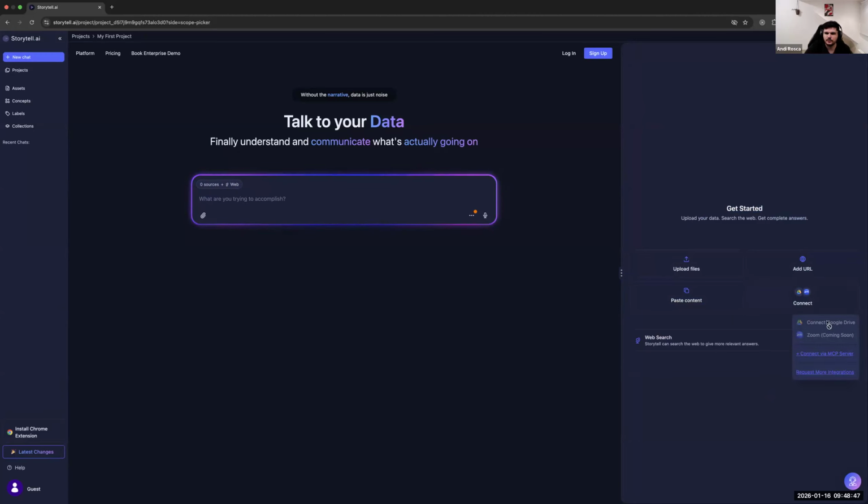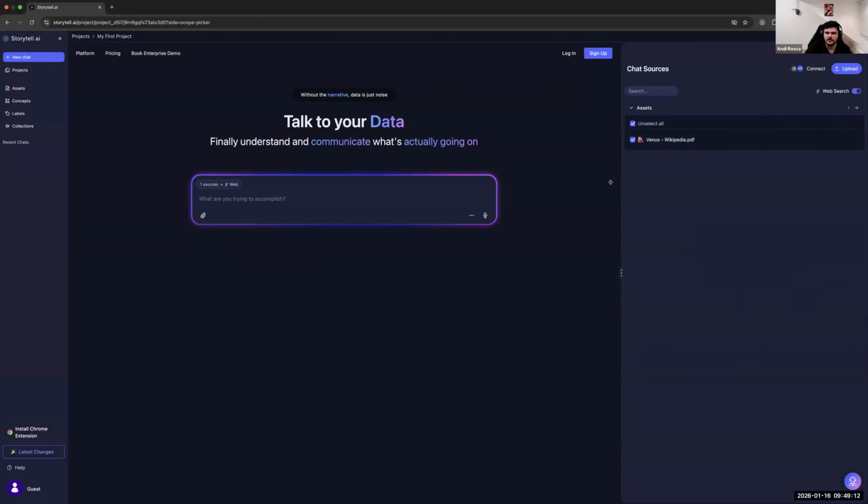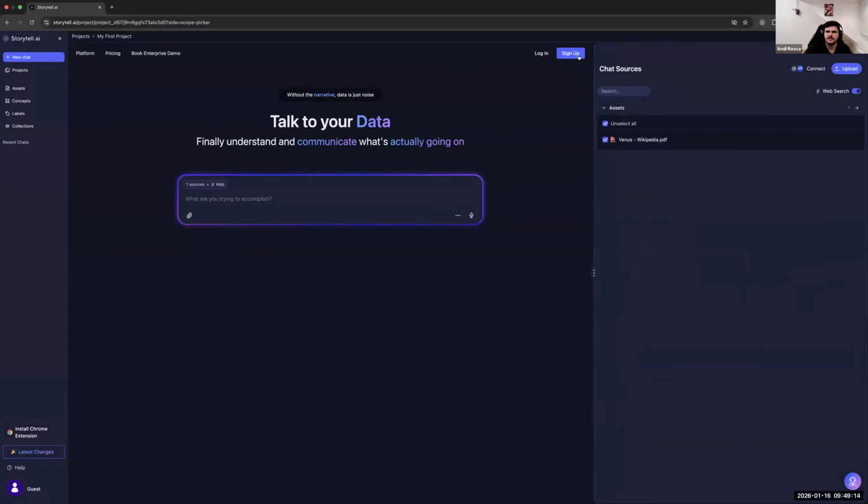Once we enable Google Drive, it's going to be allowed here, but when you're signed out, when you're an anonymous user, clicking on it will open a modal that asks you to sign up to connect Google Drive. And you can choose if you will allow Storytell to use web search or not. And assuming I'm convinced by this panel here and I upload one file, the experience changes a